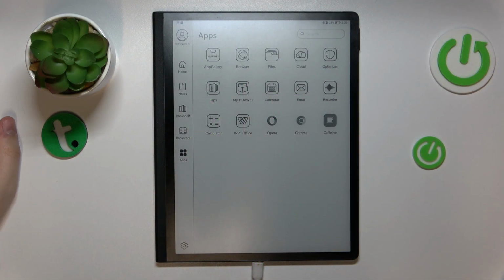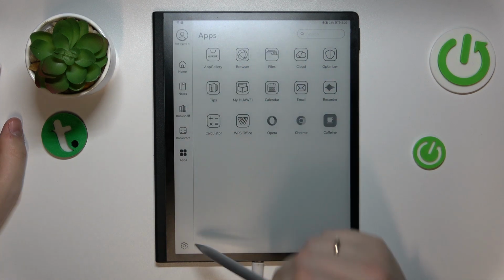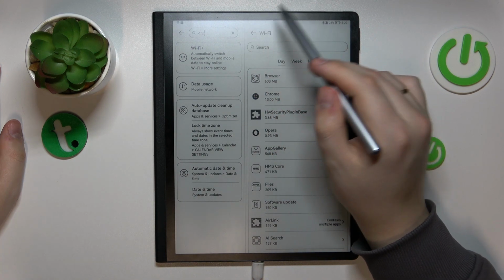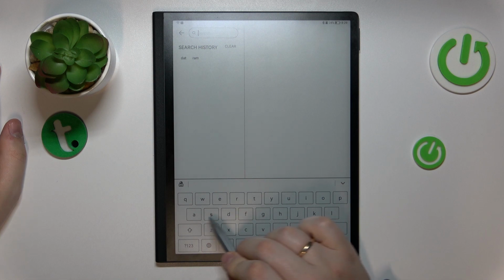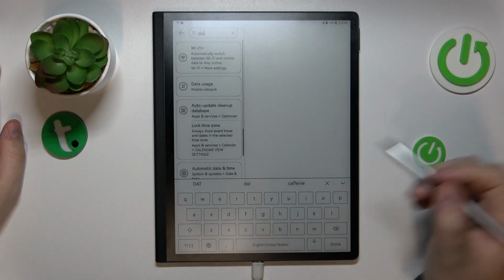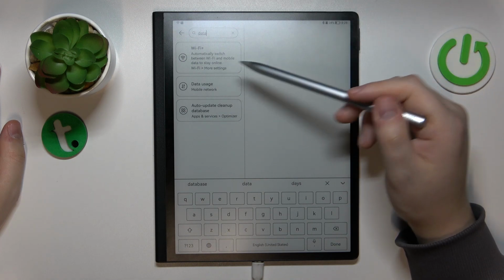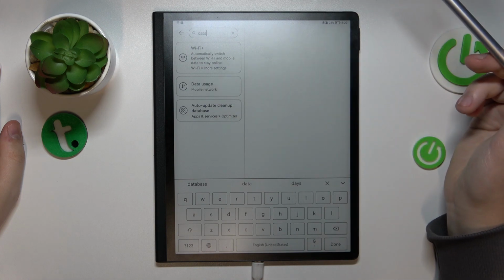So to begin with, you will need to launch settings by tapping at the cog icon at this taskbar or app bar. Then at the search field of settings, type in the data usage or simply data. Once the respective data usage field pops up, tap at it simply,